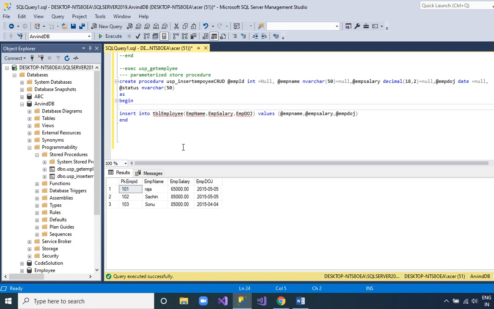Okay, so how can we write our query? If status is equal to select.